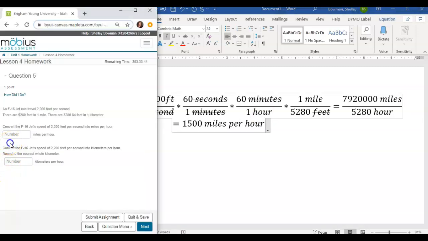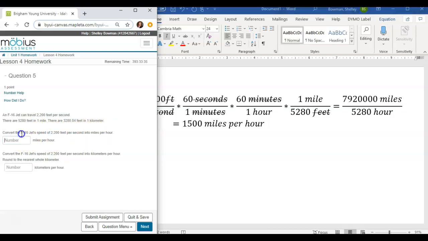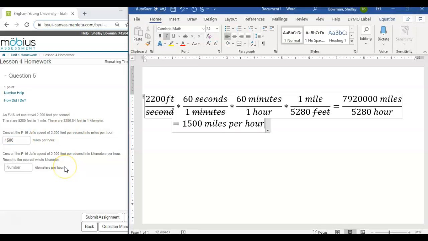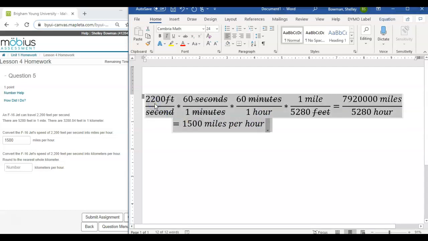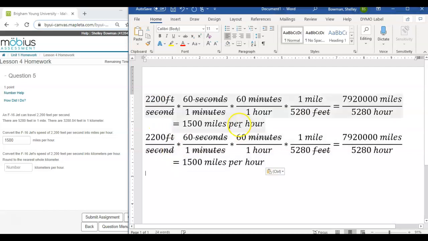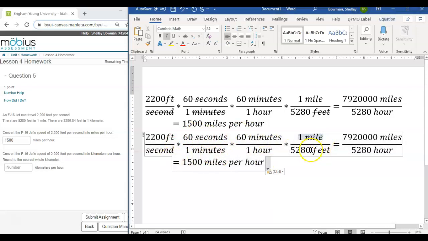And we can come over here to where it's asking for our conversion. Convert the F-16 jet speed of 2,200 feet per second into miles per hour, which we have, 1,500. And we'll go through the same process for converting the F-16 into kilometers. So we'll come to the next part. Instead of writing that all out, I'm just going to copy and paste, and it's asking for kilometers per hour, so we're going to keep all of the time in here, and the only thing we need to change is the